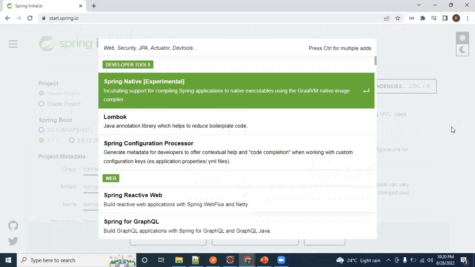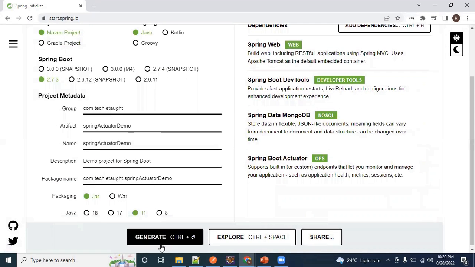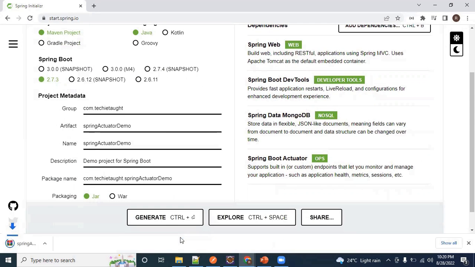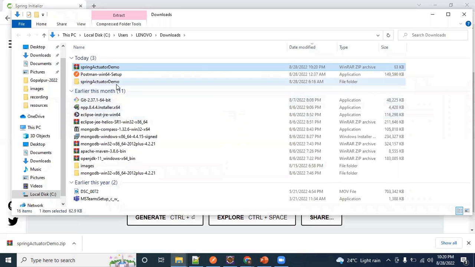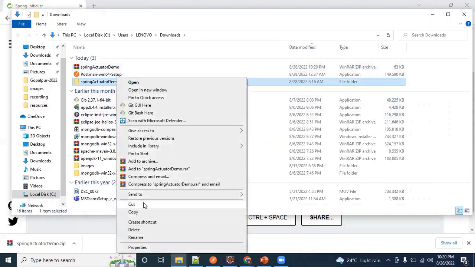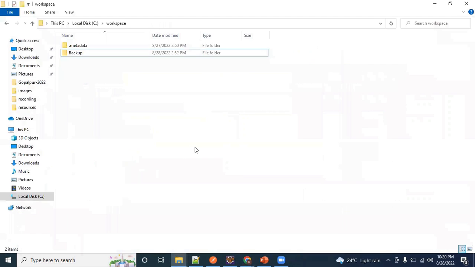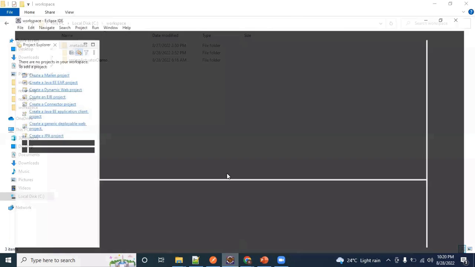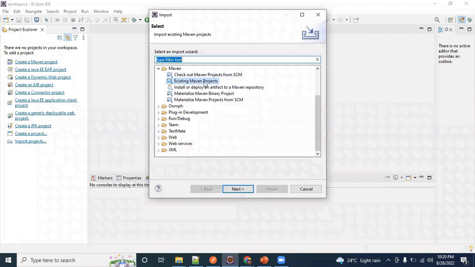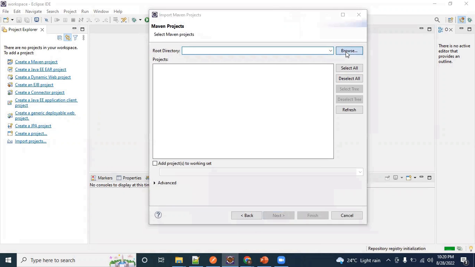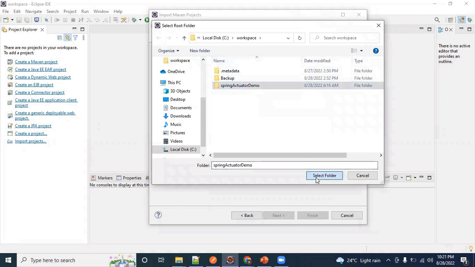So after that, we can generate, extract it, and then we have to import, and you have to do existing Maven project because we have created a Maven project, and you have to now just import,